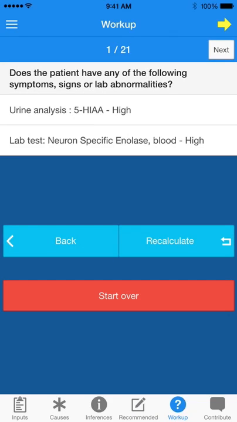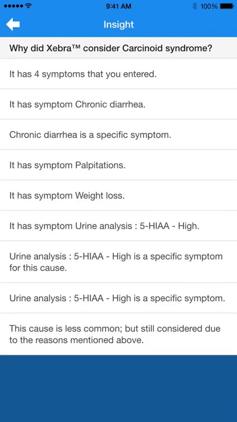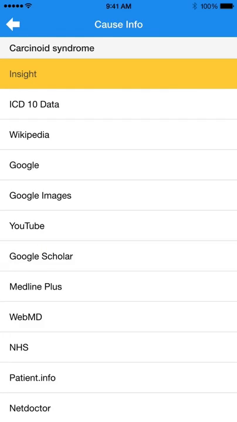So I can answer certain questions. It considered cursor node, insights, etc. Or you can see certain Google images,